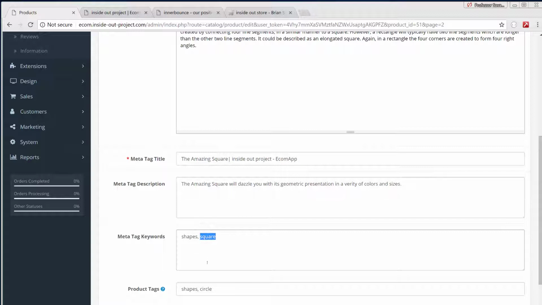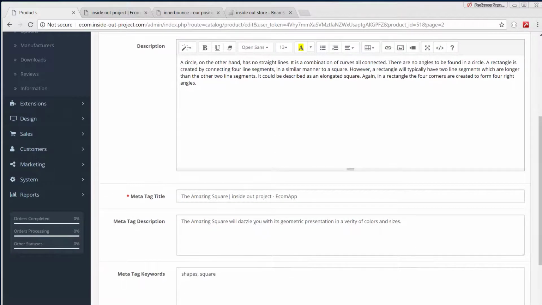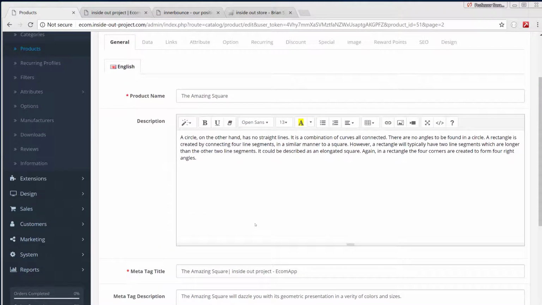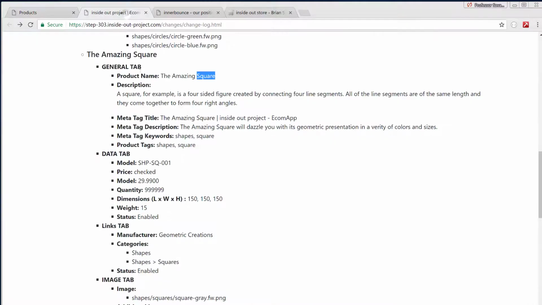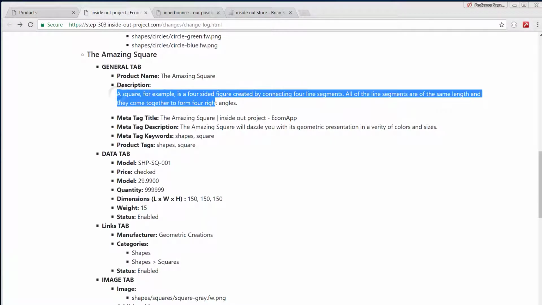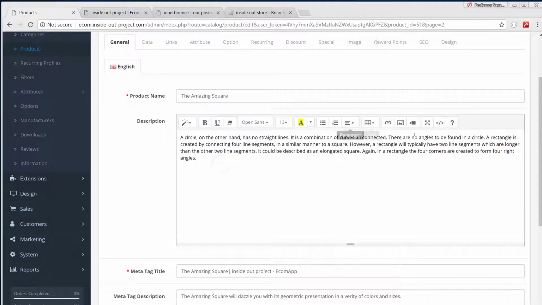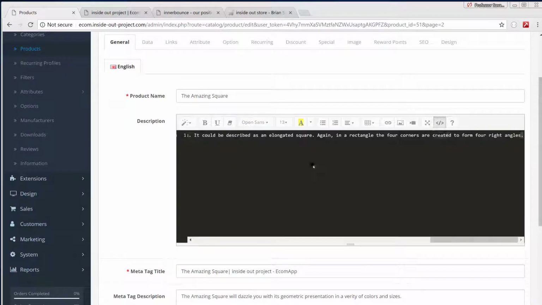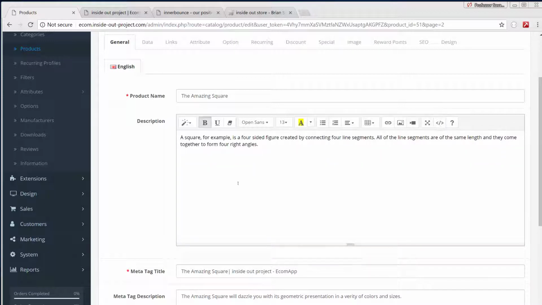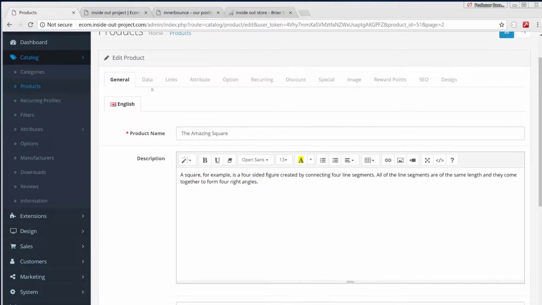So we're not going to spend too much time being focused on these things, but you can fill this information in however you would like. I try to take the most efficient path. We do need to update this description. And there we go. And I'm going to just copy the word square again,